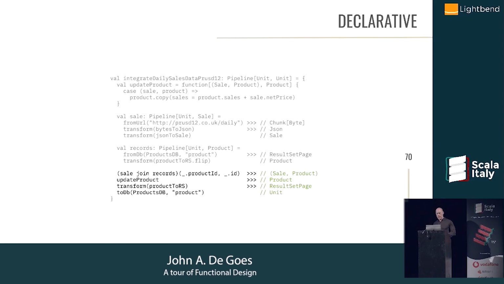I do that join, and then after that, I update the product, I transform it, update it with my helper function above, I transform that product to a result set, and then I feed those result sets into the product's database. So there we have it. Basically, I've stitched together all these different things and built a pipeline from sub-pipelines, a small number of base pipelines. I've used my operators, which follow algebraic laws, in order to construct a big pipeline that solves my problems.